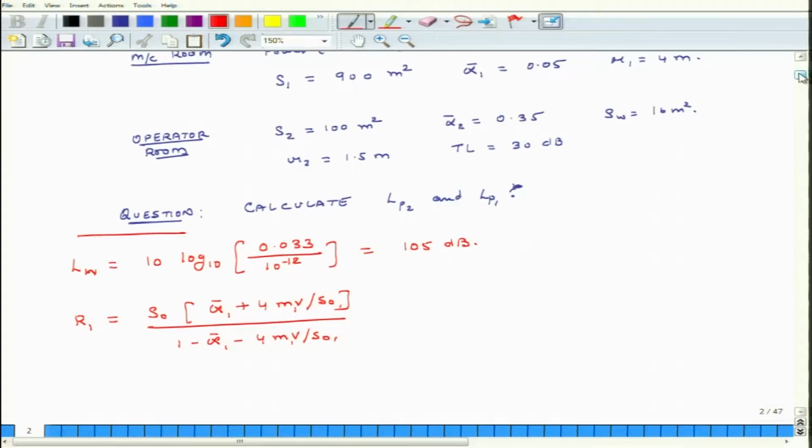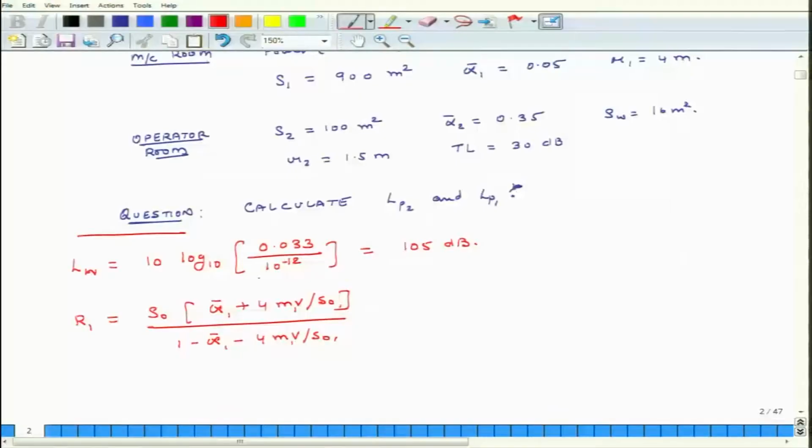Now, here we have seen a couple of times earlier that this is not a very large room, right. So, the role of air is not significant, air does not absorb a lot of sound. So, we can ignore the contribution of air. If we want to be more accurate we can include the contribution of air, but then we have to know the value of m, and of course, we also have to know the value of v. So, with that in mind,